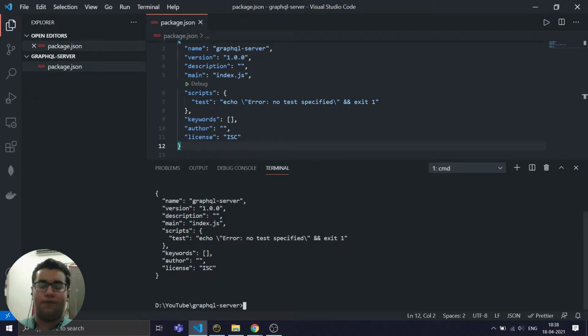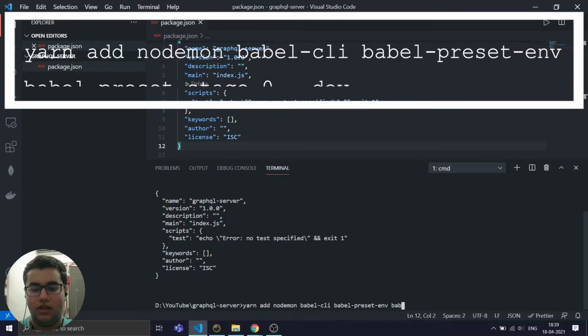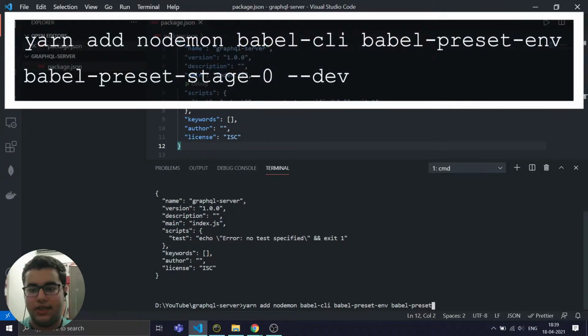And now let's install some things. I'm going to use yarn for installing. So yarn add nodemon, that will help us to run our server. Then babel CLI, then babel preset env, babel preset stage 0.